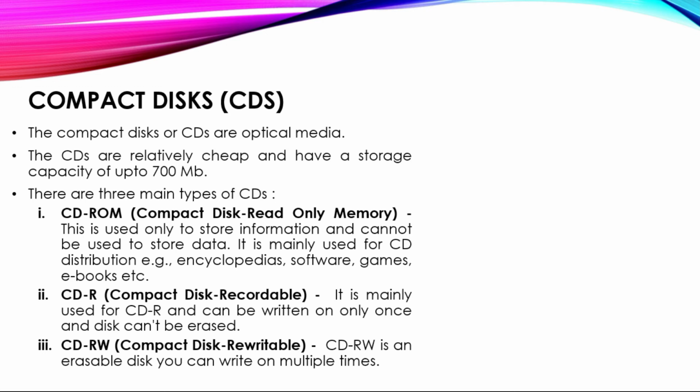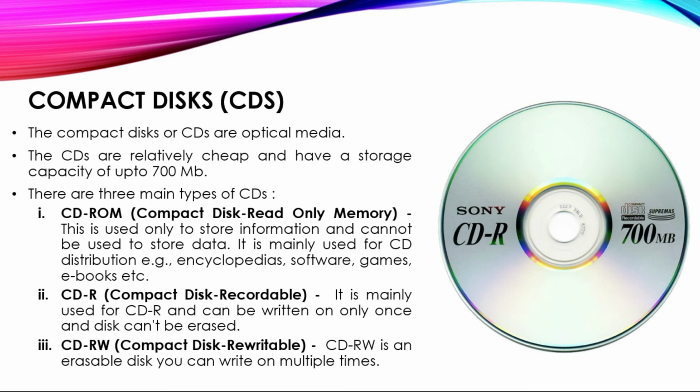So that is CD-R. We all know how a CD looks like. Okay, so this is how a CD looks like. Maximum capacity of CD is 700 MB. Okay, यहाँ पे देख सकते हो आप CD-R लिखा है. So CD-R means what? This CD is recordable one, means ये CD पे आप एक बार लिखोगे, then you cannot erase or edit that data. Next is your DVDs.